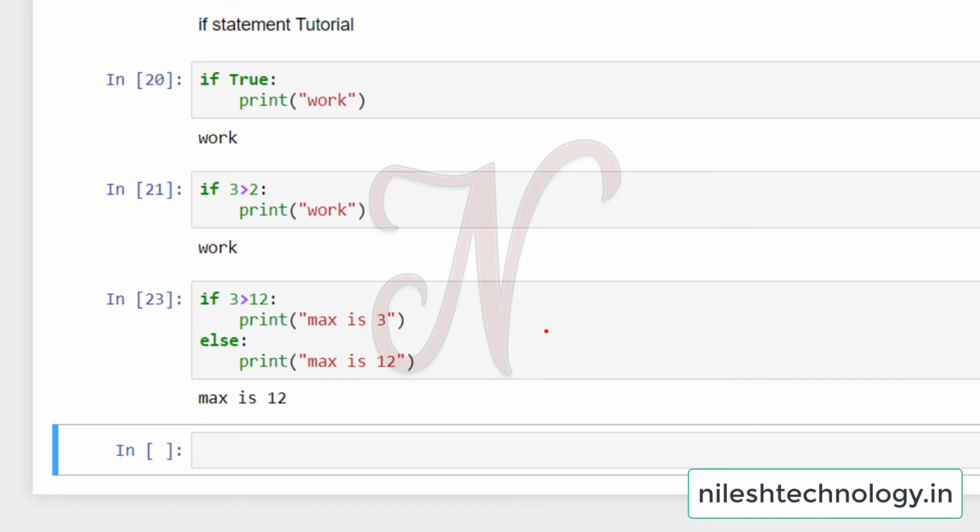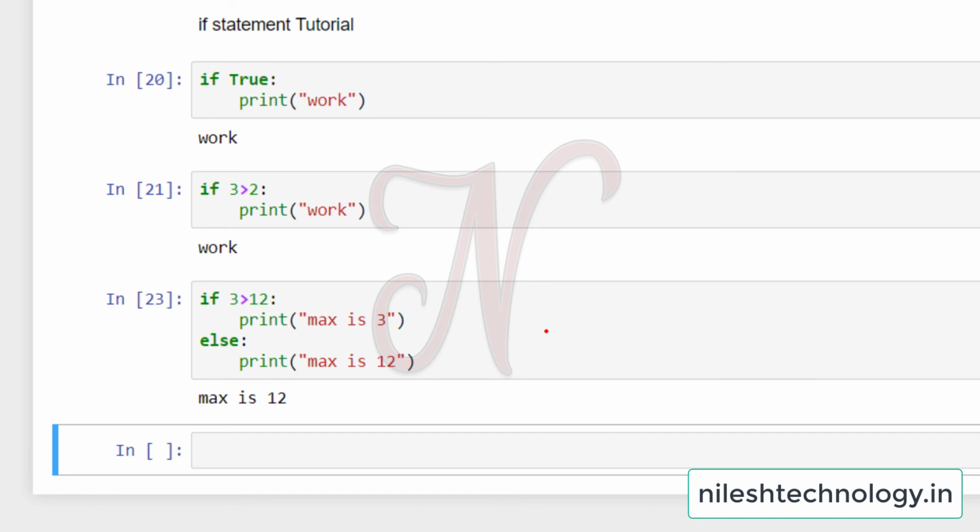My last one is nested if-else, meaning if, else if, else if, else. In that case we have to use one more keyword, elif. If you have multiple conditions, then this syntax is very beneficial.